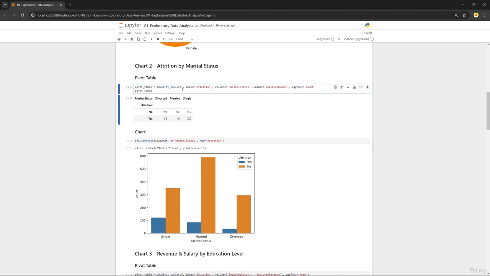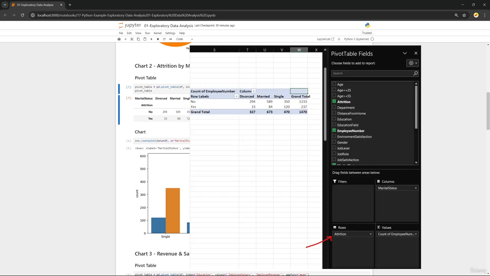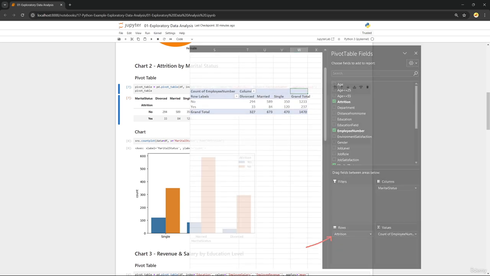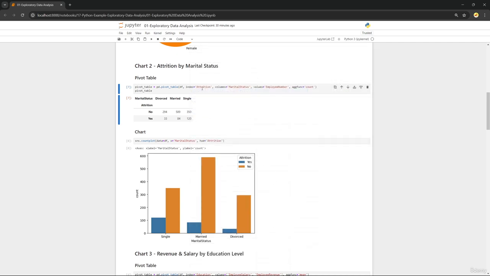For this pivot table, we had our data as our df data frame that we loaded in earlier. Our next argument is the index, and this argument just sets the rows that the pivot table will use. So specifying a column here is basically exactly the same as dragging a column into the rows area on our pivot table fields pane. In this case, we'll get our rows for the different categories in our attrition column, which were no and yes. The columns are how we separate our data, similar to dragging data into the columns area of our pivot table in Excel,